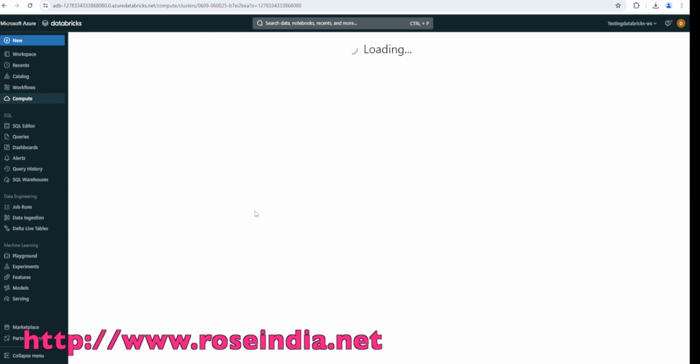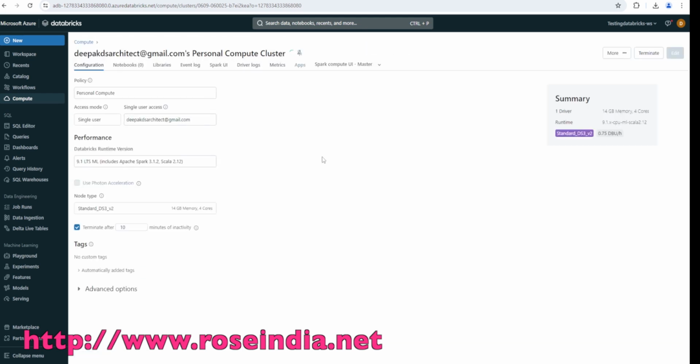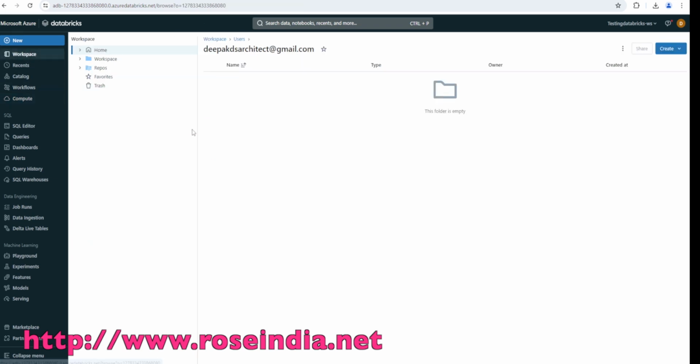Click on create compute, and it is now creating. See, this is creating here. Personal compute is being created. Meanwhile, while it is being created, I will go to the workspace. In the workspace, under users, Deepak architect@gmail.com, I will create a notebook,